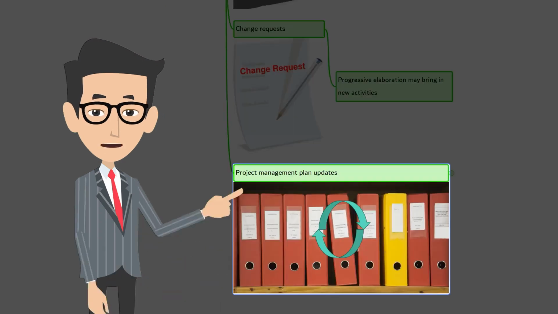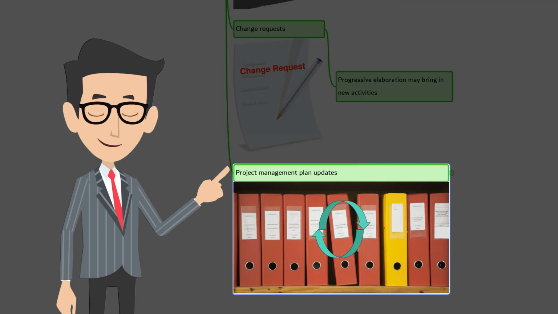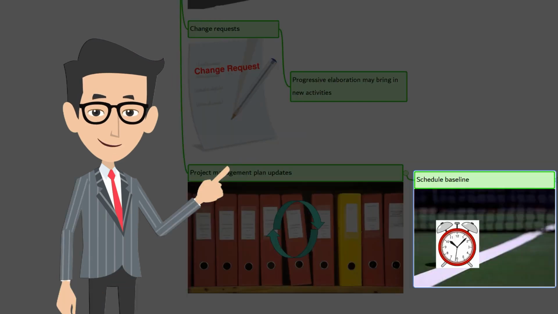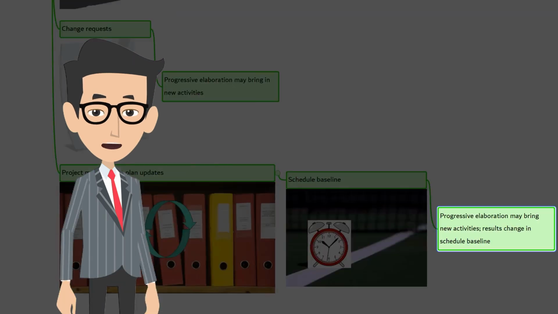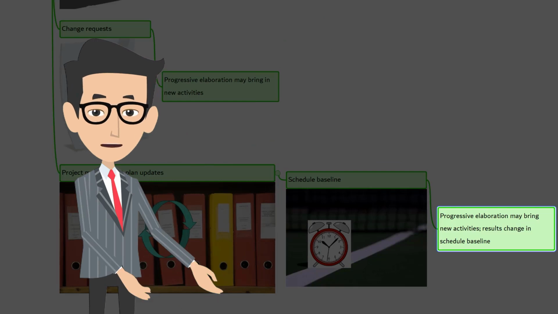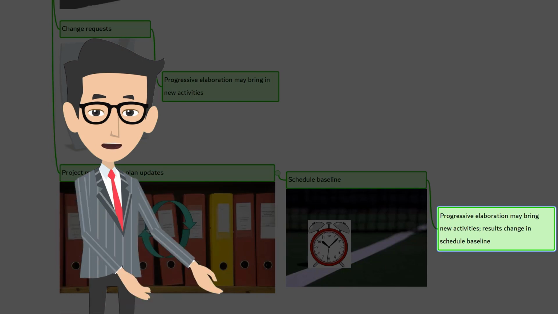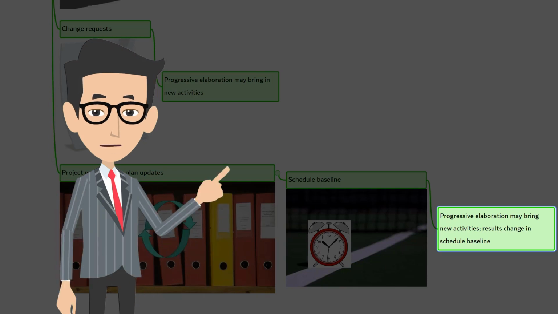The next output is project management plan updates. Schedule baseline and cost baseline are the two components that are updated here. Let's look at them. First, schedule baseline. As and when more information is available, the work packages are progressively elaborated into activities. This is done throughout the project. During this process, you may reveal work which is not part of the original plan. These new activities can impact the delivery date and other project milestones. So you may have to